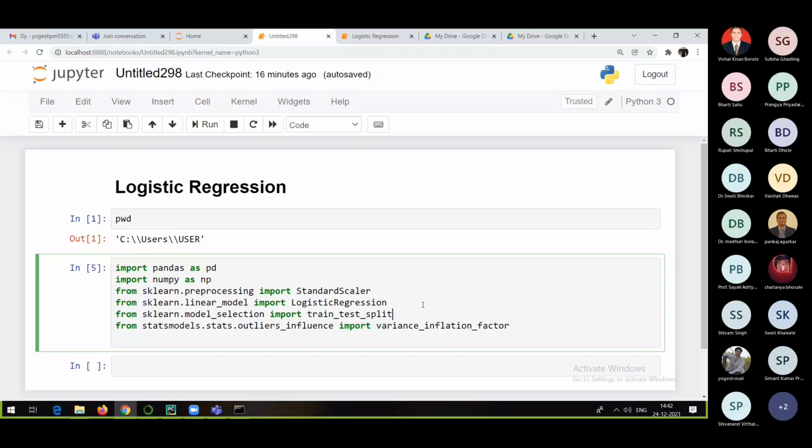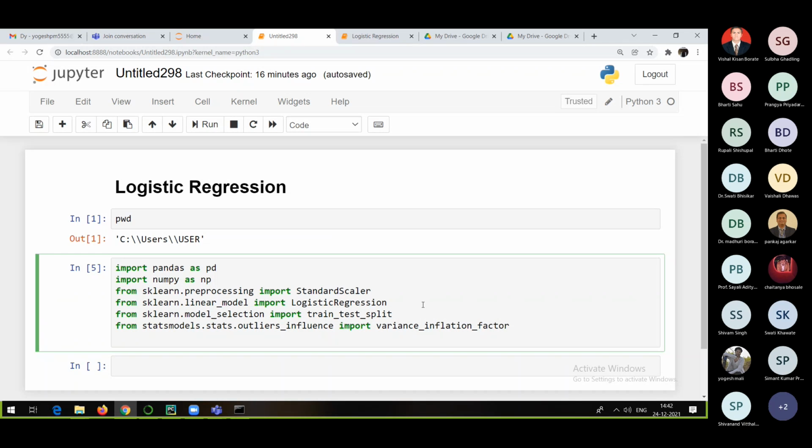Do you remember the example which I have given you? Age and experience. Let's suppose you are trying to create a model which is going to predict the salary of an employee based on age and experience and some other columns. But age and experience themselves are related. As and when age increases, obviously experience is going to increase.